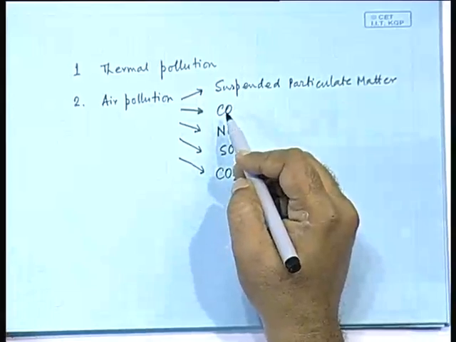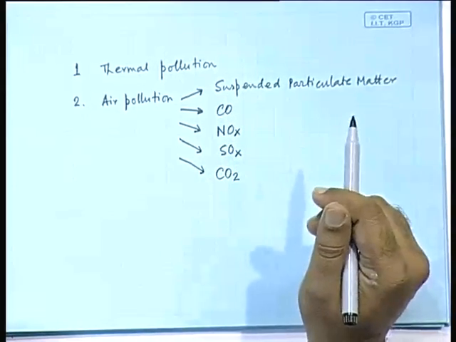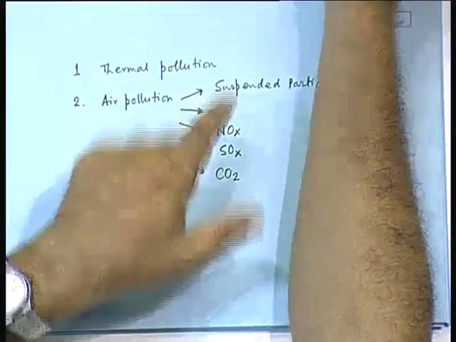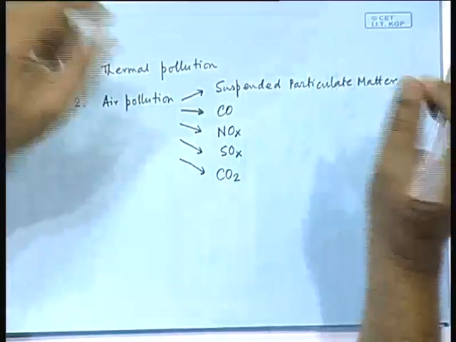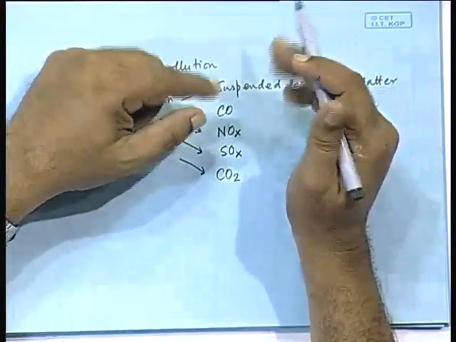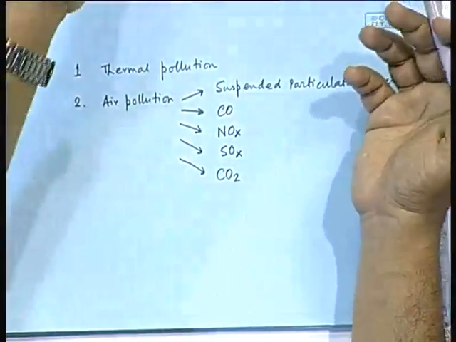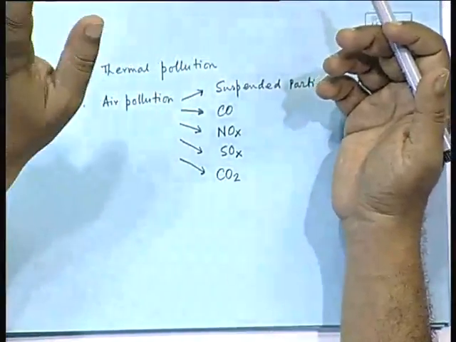CO, unless the power plant is run by completely incompetent people, CO production is almost negligible. That can only be produced if there is incomplete burning. Incomplete burning is essentially arrested if you have sufficient stoichiometric ratio of oxygen. Normally, higher than that stoichiometric ratio is put in. Therefore, the possibility of production of CO is really very small. So, let us not concentrate much on CO. It is a simple problem. Simply by having the right temperature and the right amount of air, you can overcome that problem. So, CO is not a problem.